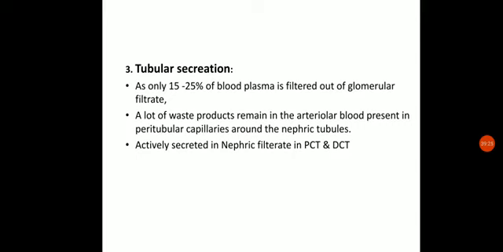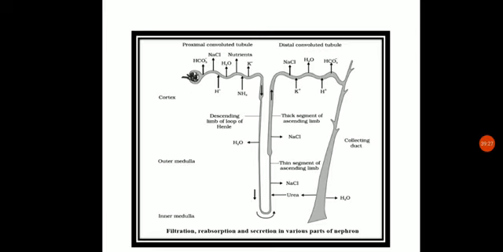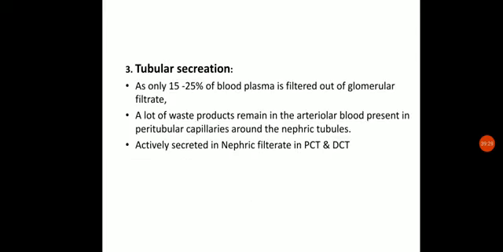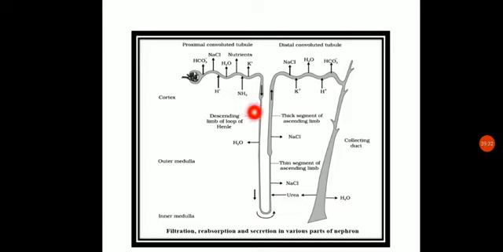So glomerular filtration, tubular reabsorption, and tubular secretion. You can see once the glomerular filtration is done, the reabsorption will be taking place in different places. The major part of the reabsorption takes place at the PCT, the proximal convoluted tubule. After which the descending part of the loop of Henle will be mainly responsible for removing out the H2O. The H2O will be reabsorbed, and hence this is decreasing the H2O content in this filtrate, and hence the filtrate is getting concentrated.